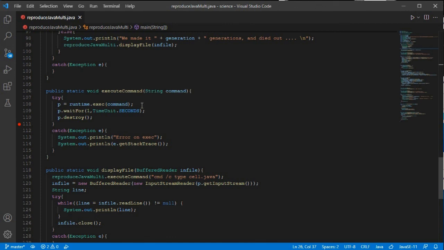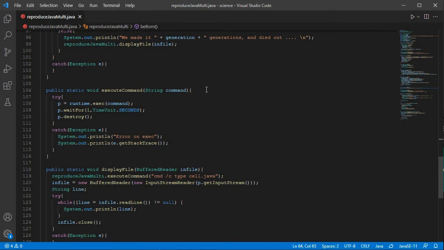And we're going to wait. Now this is the main difference between this and the previous functions in terms of waiting for that execution. We're only going to wait for 1 second, and that's how you specify that right here. And then at the end, we're going to destroy. So if the process has already executed or terminated properly, then this is fine. It won't bother anything. But if the process has not terminated within 1 second, then we will terminate it and